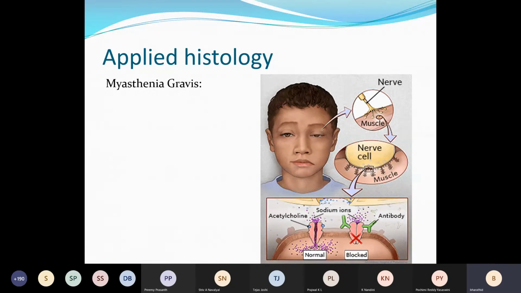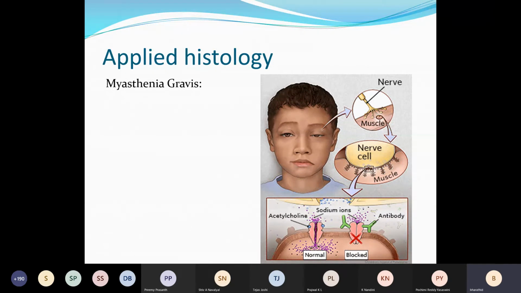If any histology topic is asked, like histology of thymus, you have to write what is thymus. It's a primary lymphoid organ. Where is it present? It is in the superior mediastinum. It is covered by a capsule. The capsule sends in septa which divide it into lobules. It consists of outer cortex and inner medulla. It has a rich blood supply.